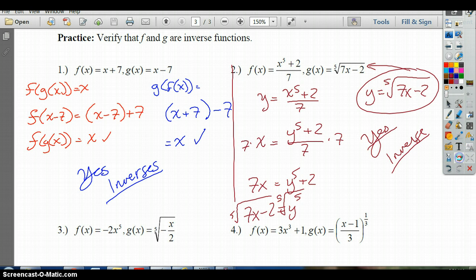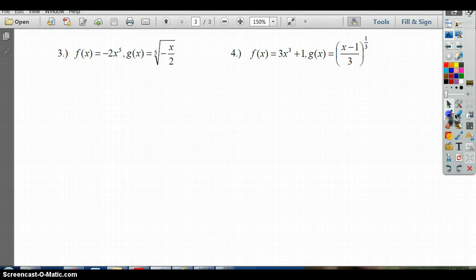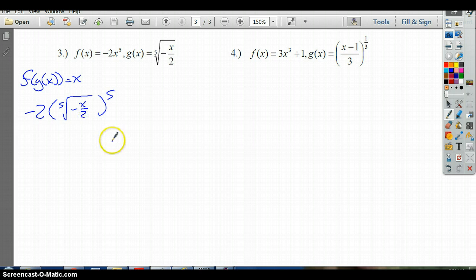Great. Moving down here, let's finish up the final two. Obviously, I would like you to try this before you look at it. But again, I'm going to do the f of g of x method here. Make sure that equals x. So if I do f, notice I leave a blank where the x was here. I'm going to put this in here. This would be the 5th root of negative x over 2. The exponent here and this cancel out, leaves me with negative x over 2. So this here would be positive 2x over 2, which is just x. So far we're good. Now I have to check that g of f of x